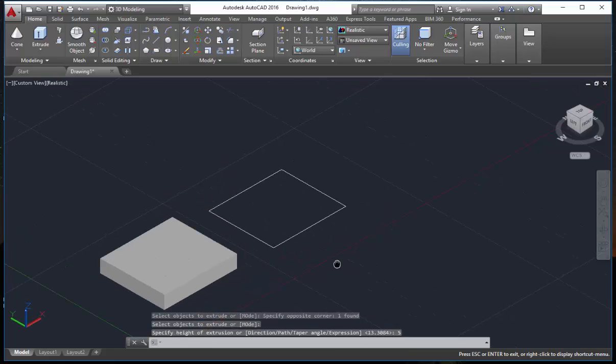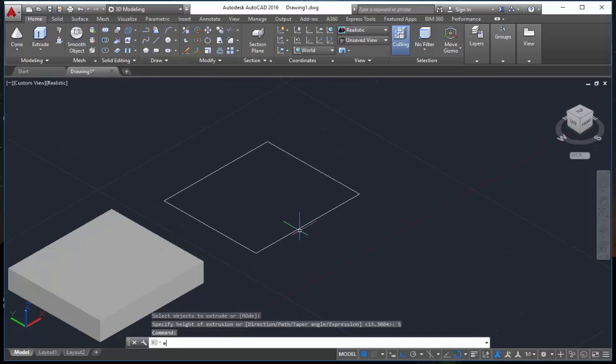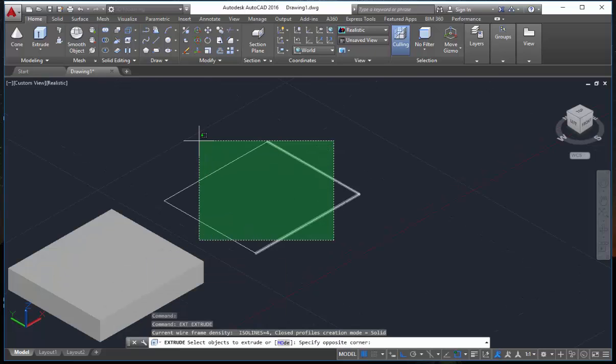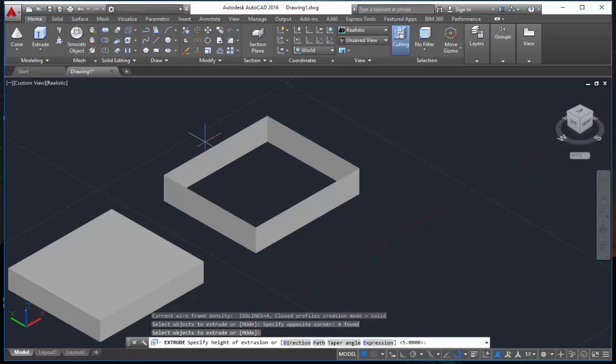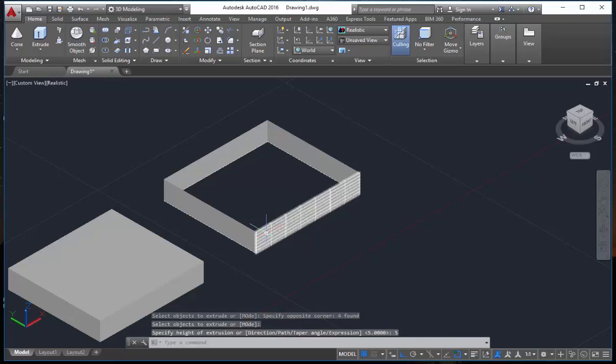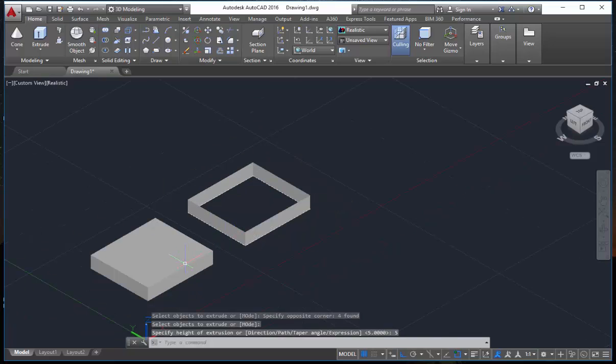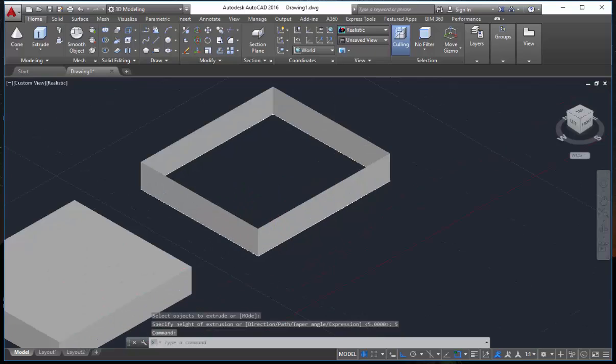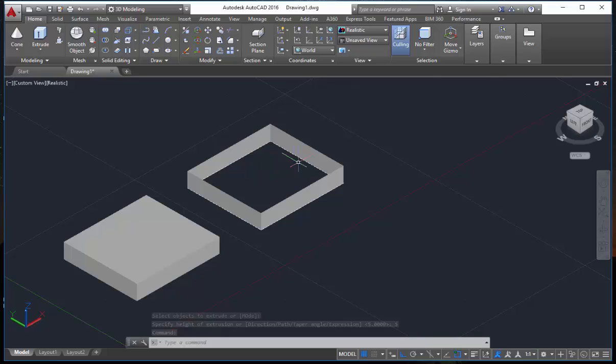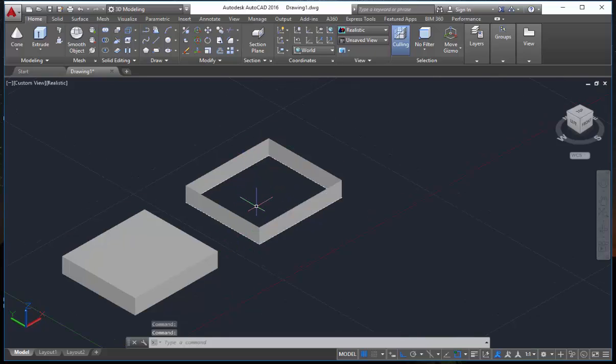Now similarly I will extrude this object. Now just see the difference. I'll select this, enter, and give the height as 5 again. What happened is this object is converted to 3D. This is also converted to 3D but it is coming out hollow. That means whenever you create an object using extrude, you need to join it, and this applies to all objects to which you apply 2D modifiers.